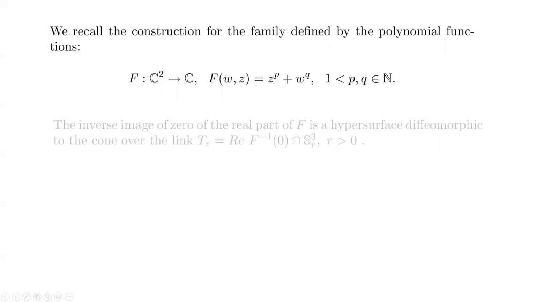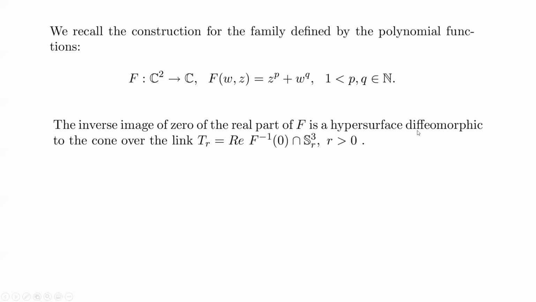The inverse image of 0 of the real part of F is a hypersurface diffeomorphic to a cone. The cone is described here by this intersection. I will denote it here TR, because it depends on R. But in fact, the properties that we will show are independent of R. This is the construction at the beginning. It's only the intersection with the sphere, as I said before. And here we have the description of the